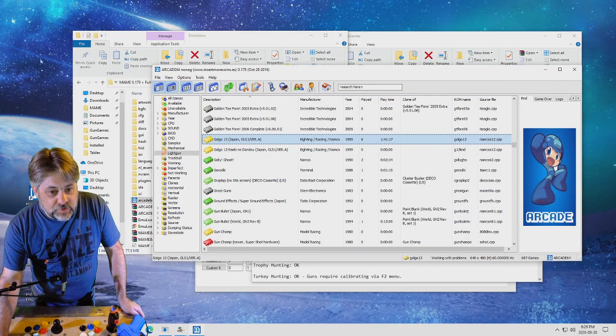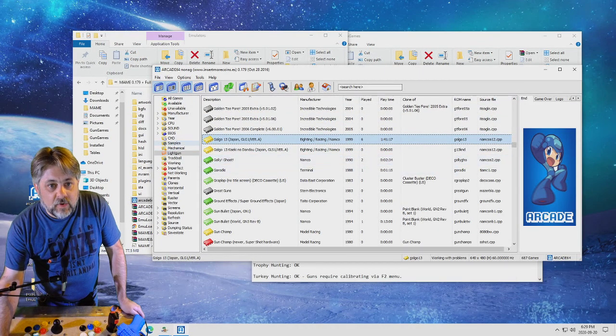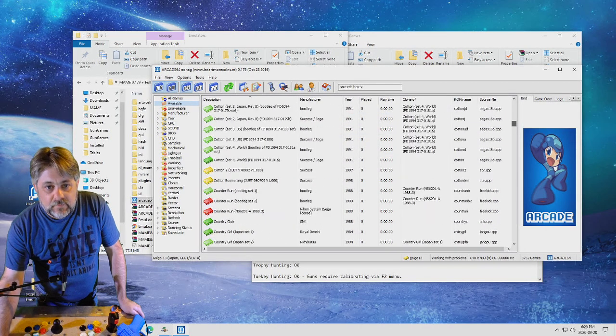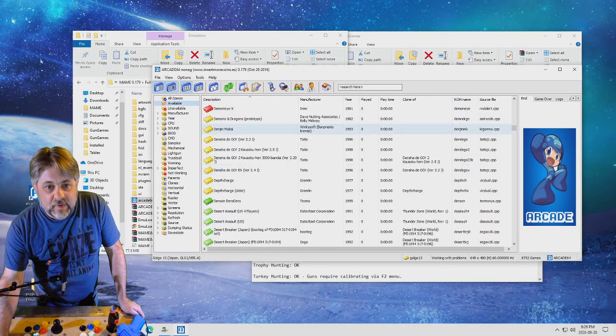I'm actually going to change pace here. I'm going to go here. I'm going to stop the light gun input, turn that off, and I'm going to go to all games that are available because I'm in the mood to do something different. I know I've been playing a lot of light gun games, but